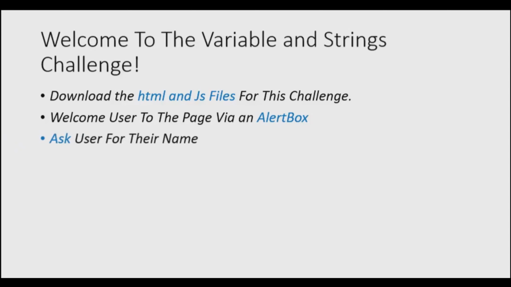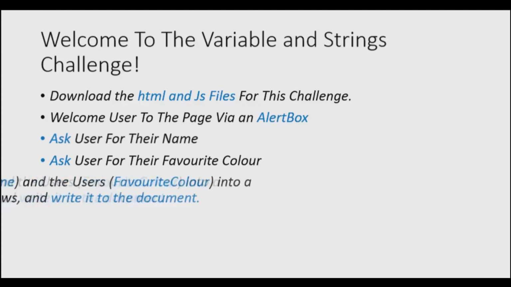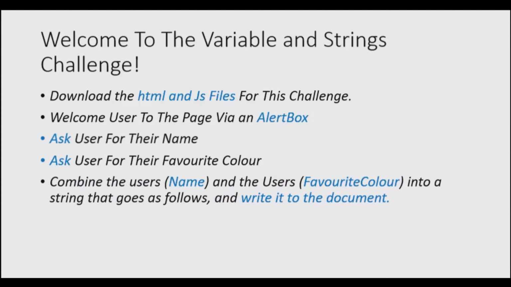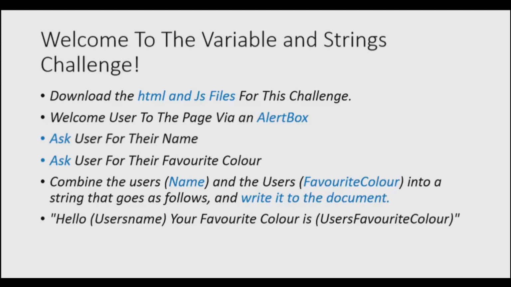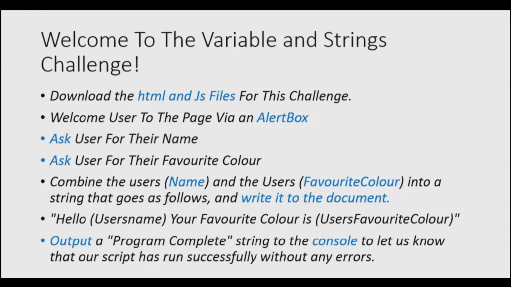Then you need to ask the user for their name. And then you need to ask the user for their favorite color. Then you're going to combine the user's name and the user's favorite color into a string that goes as follows, and write that string to the document. Hello, user. Your favorite color is user's favorite color. Finally, output a program complete string to the console